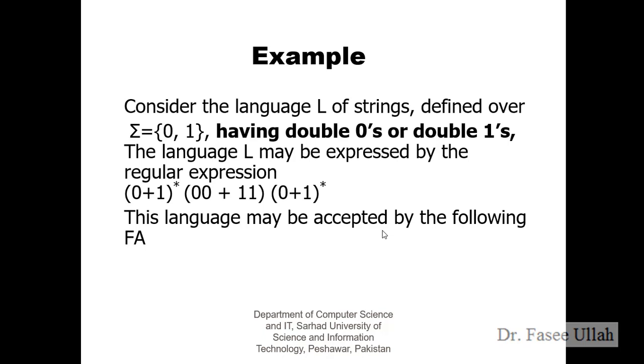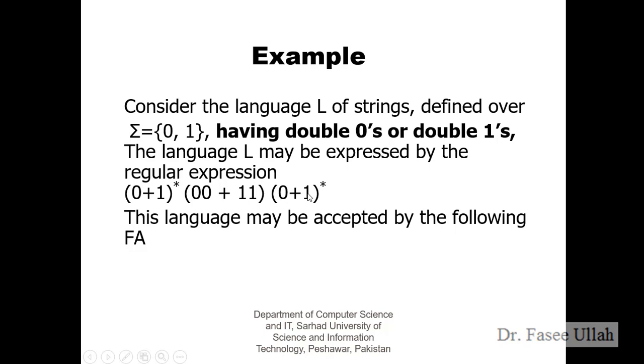For example, we have a string made of 0 and 1 from the set, and the condition is having double 0 or double 1. Okay, so it is very easy, given the previous examples and experiences. So double 0 and double 1 we have placed over here, right? This is very common practice. We have to put the language definition with start and end, right?